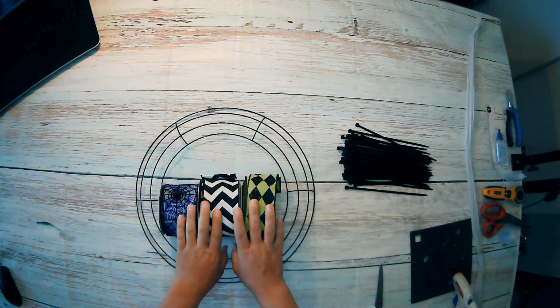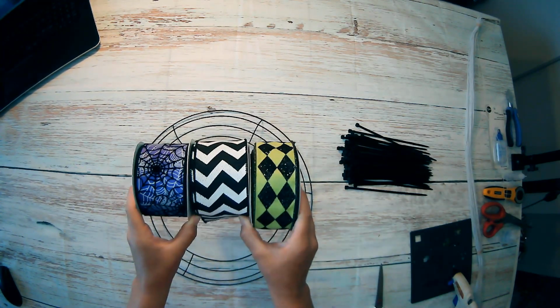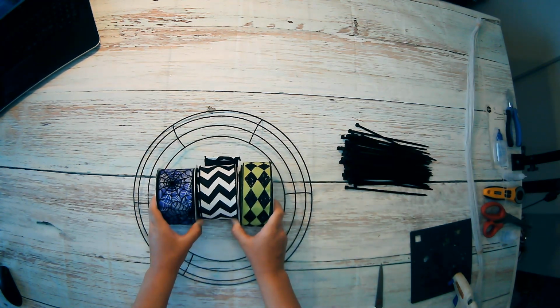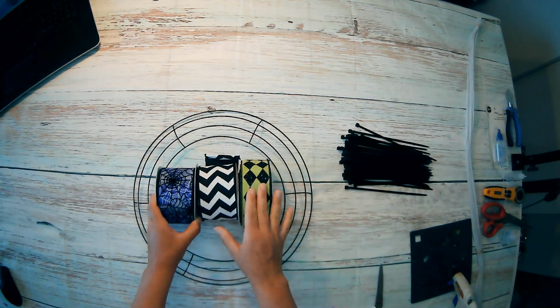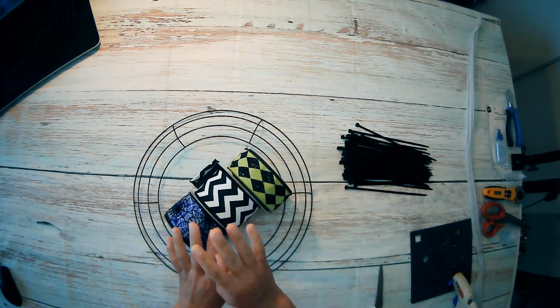Today I'm going to be showing you how to make this super easy looped ribbon wreath. I'm going to be using 3 bolts of ribbon. On our website shopdesignerdiy.com we have a ton of ribbon collections that we've put together with 3 bolts, so any of those would